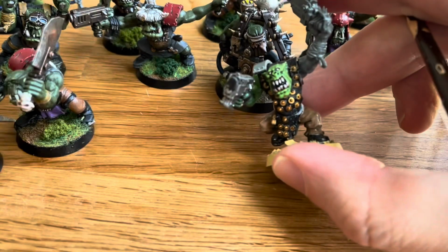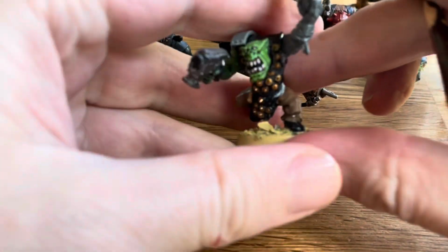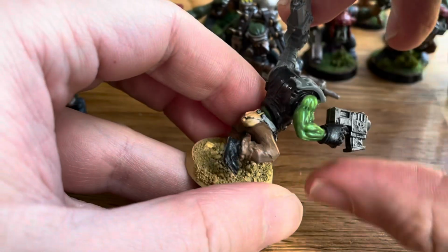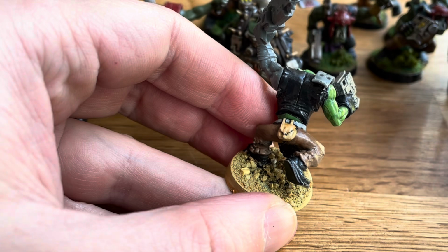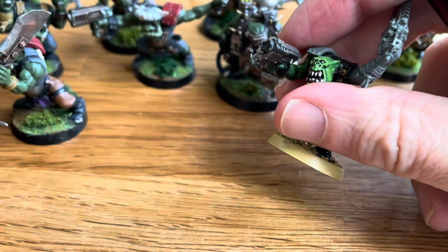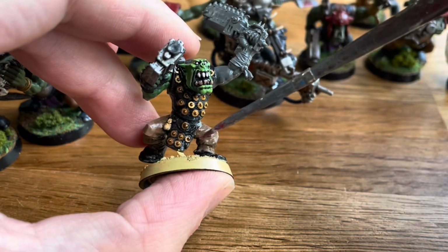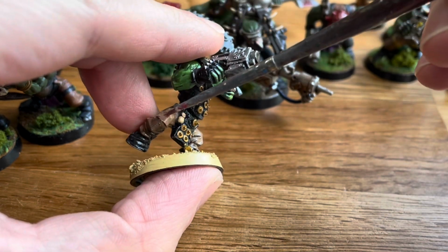But why, you might ask, should I bother watching a video about something as mediocre as a bunch of late 90s, very early 2000s plastic orcs that were left in circulation for far too long? And what I would say to you is, it's really around the principle of it's all great fun to paint characters, but you do need to get around to painting infantry. And also, what do you do with the piles of miniatures in your collection which are probably a little bit past their sell-by date? So I had a whole pile of these plastic orcs, which I'd, in the late 90s,